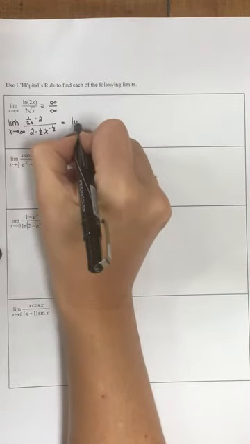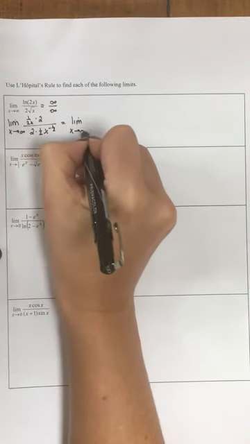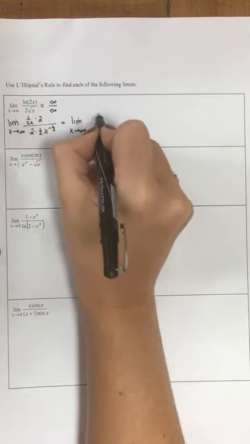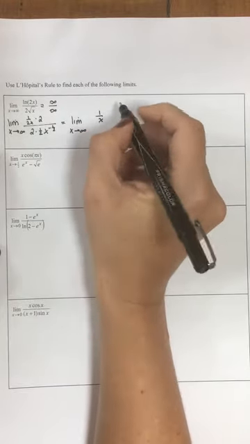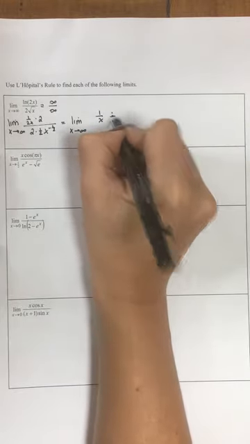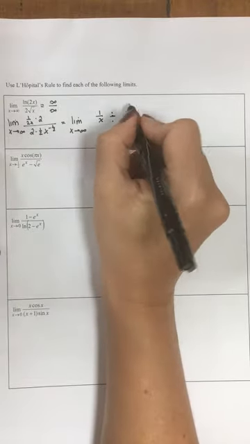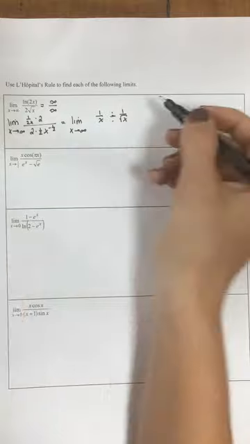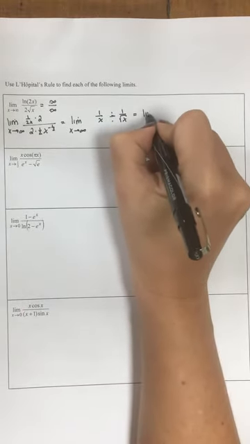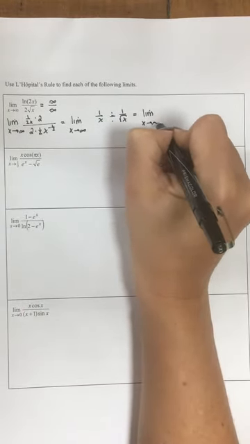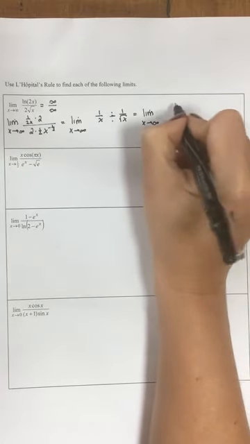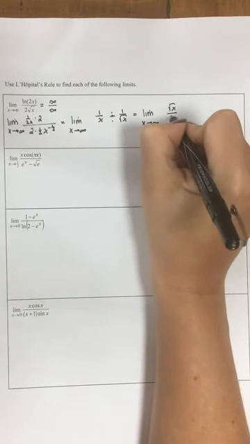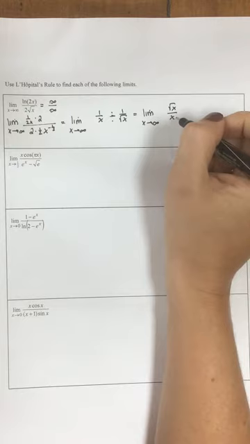This is equal to the limit, just to clean it up a little bit, as x goes to infinity, 1 over x divided by 1 over the square root of x, which equals the limit as x goes to infinity of radical x over x,